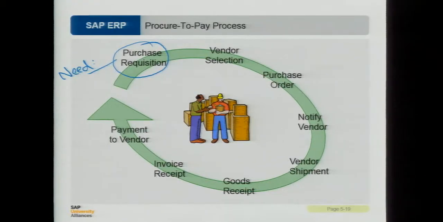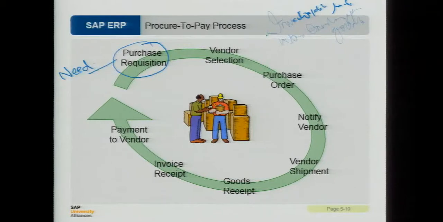Now, who raises the purchase requisition? Usually there can be two environments. Sometimes there are inventoryable goods, right? So maybe the spelling is not correct and the writing is also not very good. And sometimes there are non-inventoryable goods. So if the goods are inventoryable goods, then the end user, maybe the user in the finance department